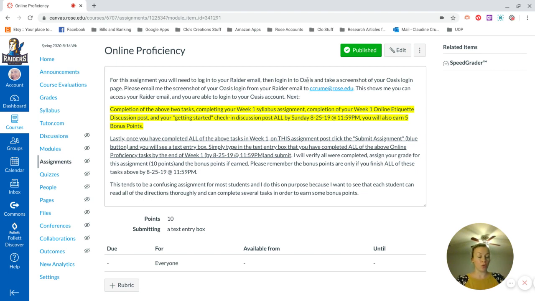And also make sure that you are able to log into your Oasis account. So Oasis, if you're not familiar with what I'm talking about, Oasis is the program that Rose State College uses for you to do things like add classes, drop classes. You can check on your financial aid in Oasis, things like that. That's what Oasis is for. And so it's oasis.rose.edu